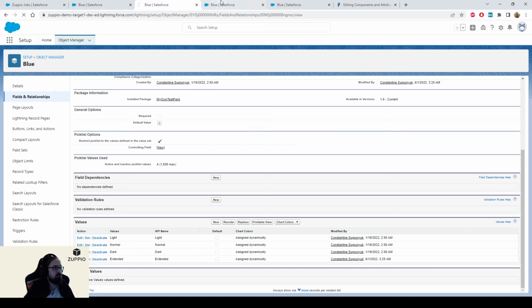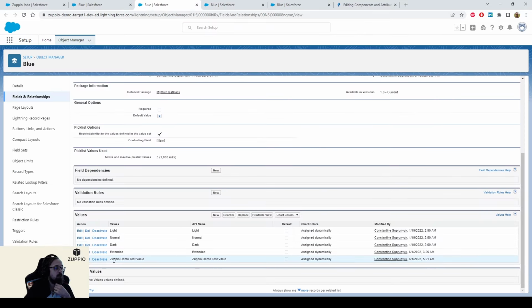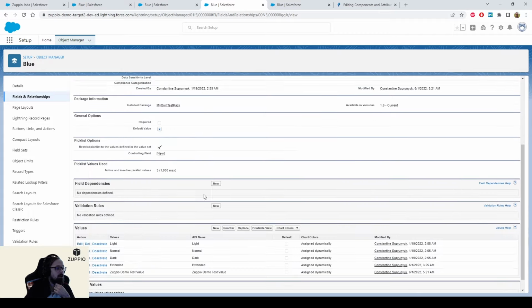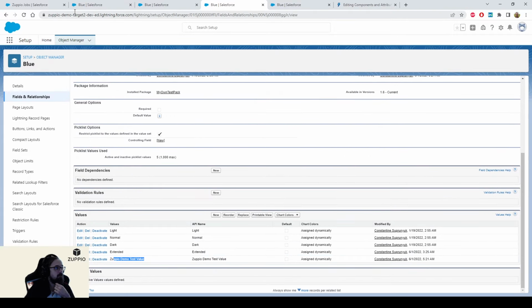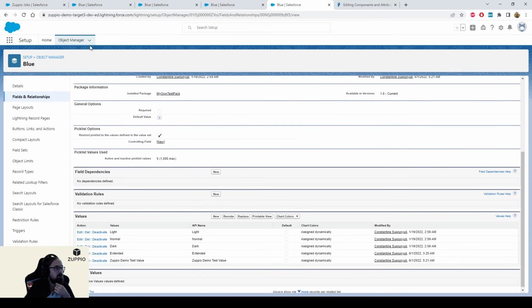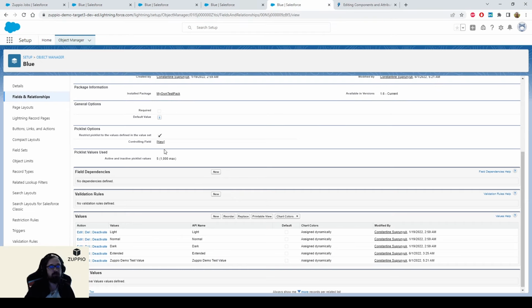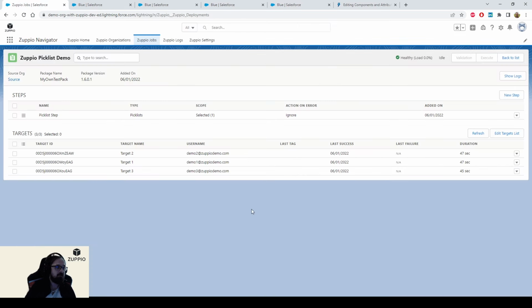So let's refresh the three targets and see if it appears. And here we are. We have the Zuppio demo test value picklist value in the target org 1, in the target org 2, and 3. So that's exactly what we aimed to do, and we transferred the picklist value to the targets without actually doing stuff in the targets. We just did this using Zuppio, and basically that's how you can perform your package upgrades, because